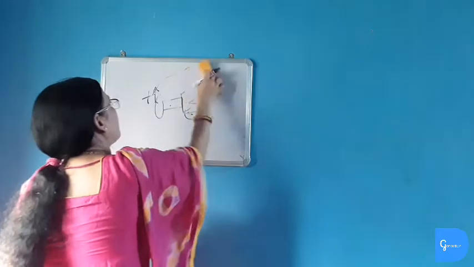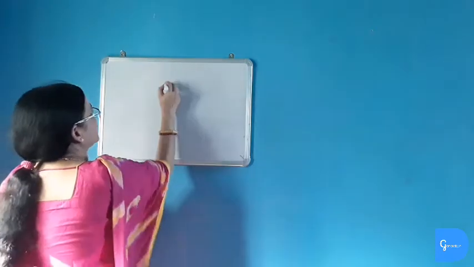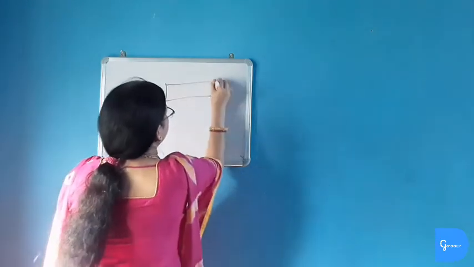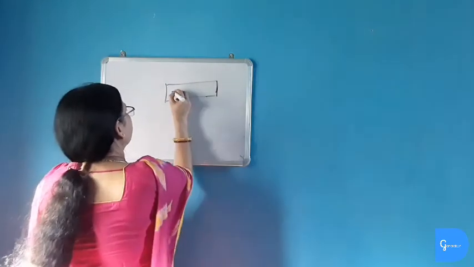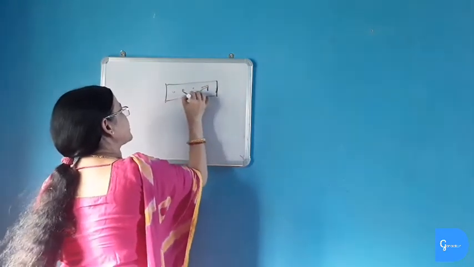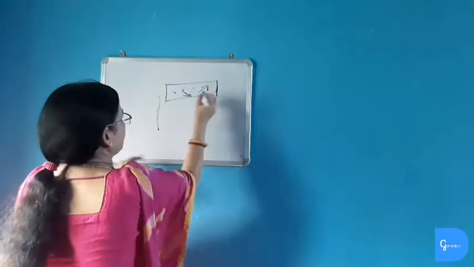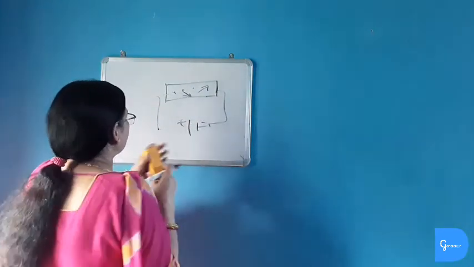Now why are metals used for conducting electricity? We know metals have free electrons. When it is not connected with a battery, what happens? The free electrons present in the metals move randomly in any direction. But when the metal wire is connected with a single cell battery, what happens?